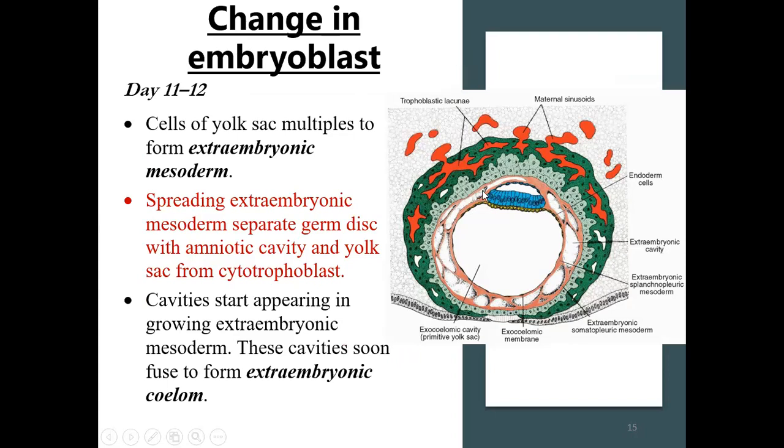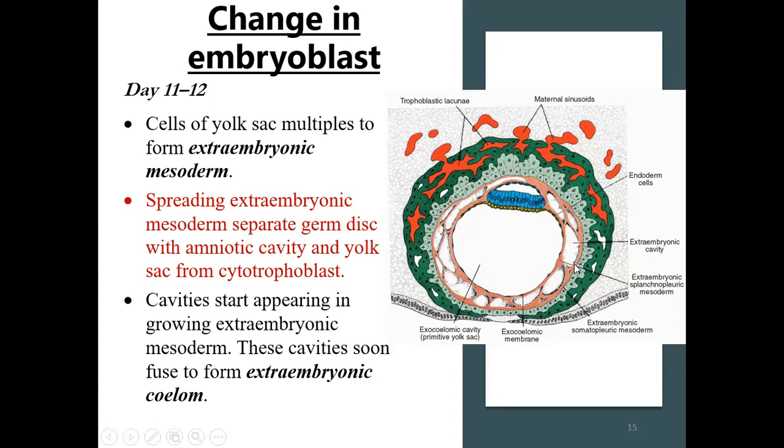Now this extra embryonic mesoderm will start spreading and it will separate the germ disc with the amniotic cavity and the yolk sac from the cytotrophoblast. So the extra embryonic mesoderm will intervene between the cytotrophoblast and the amniotic cavity and the yolk sac. Now cavities will start appearing in the growing extra embryonic mesoderm. These cavities soon will fuse with each other and it will lead to the formation of the extra embryonic coelom